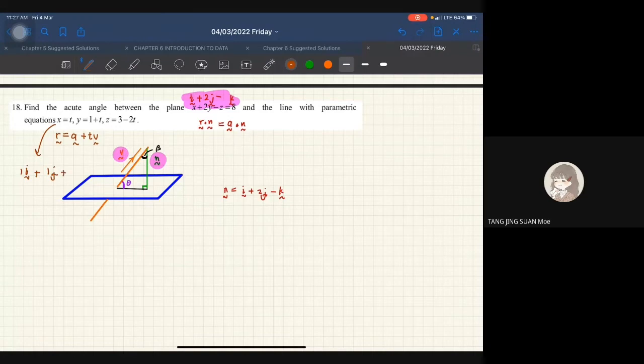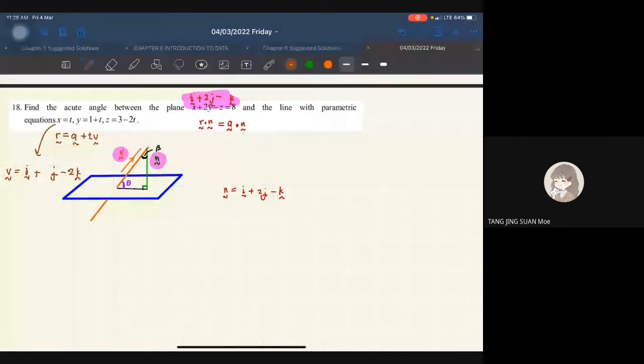Okay, lastly, for Z, the number paired with T is negative 2. So that will be your component for Z. So minus 2. Okay, settle. That is your V. So erase this, erase this. You get your V. Okay, so that is my way to remember how to get the vector and the normal